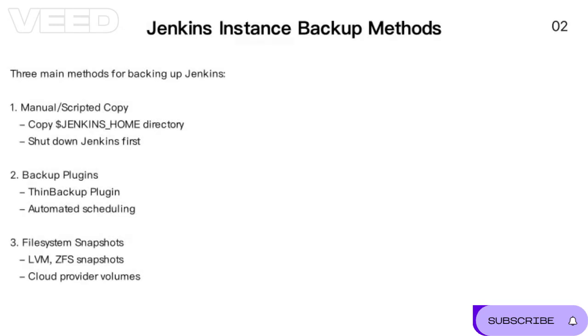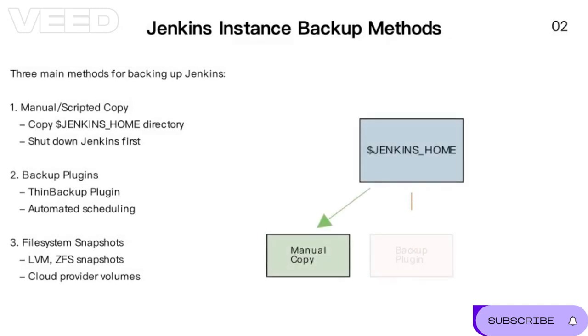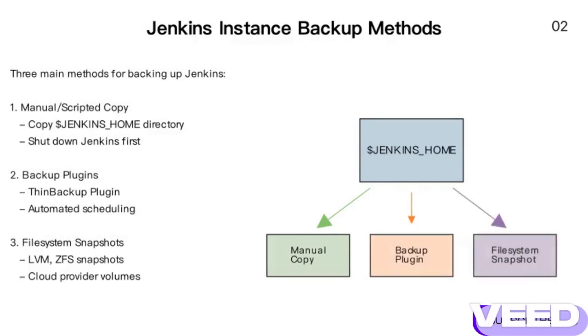There are three primary methods for backing up a Jenkins instance. The manual or scripted copy method involves copying the entire Jenkins home directory to a safe location, preferably after shutting down Jenkins to ensure data consistency. Backup plugins like Thin Backup provide integrated solutions with scheduling capabilities and selective backup options. File system snapshots offer efficient backup through volume-level snapshots using technologies like LVM or ZFS, or cloud provider block storage